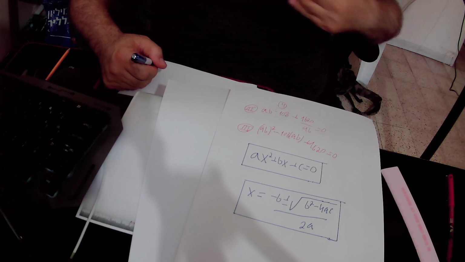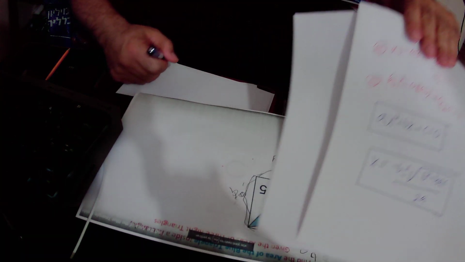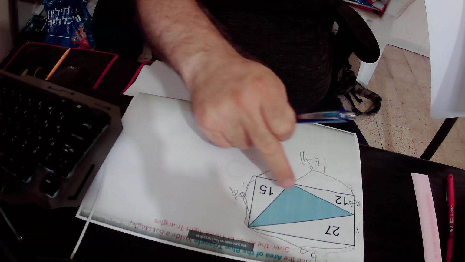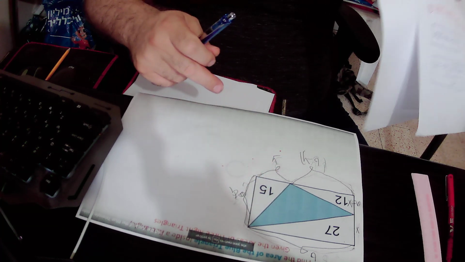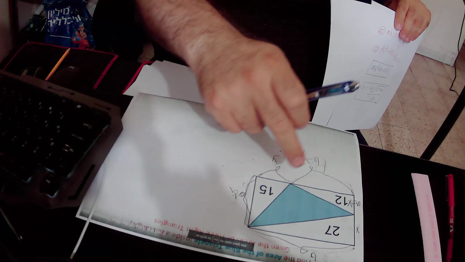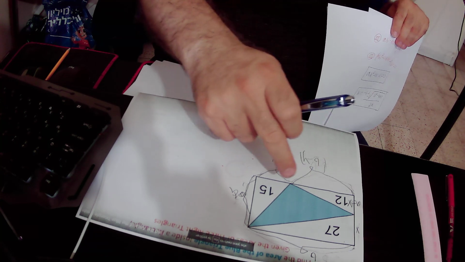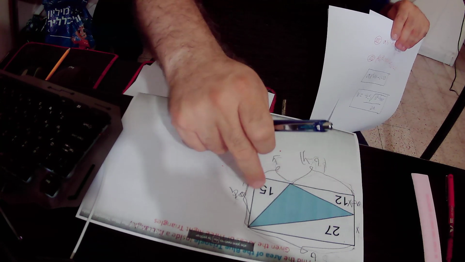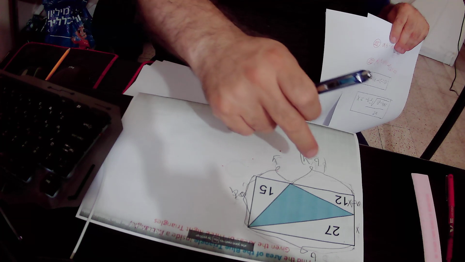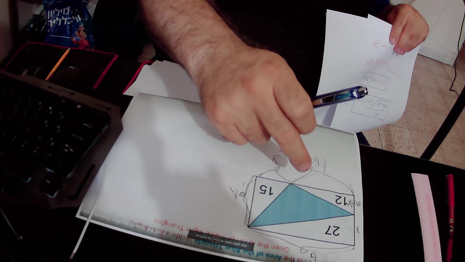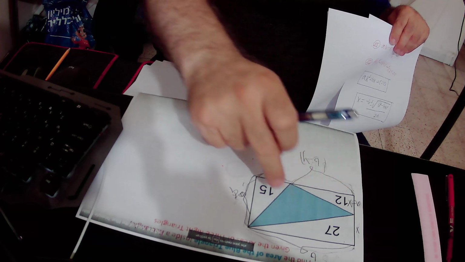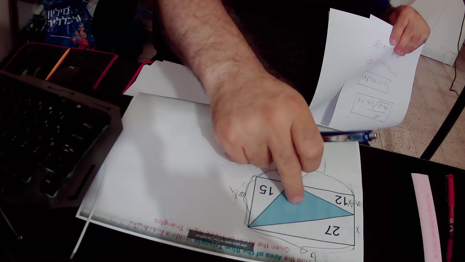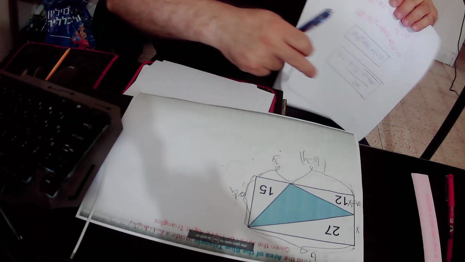And AB, as I've already told you, is the area of this rectangle, and the area of the rectangle minus the sum of the areas of the three triangles equals the area of the blue triangle. Okay,